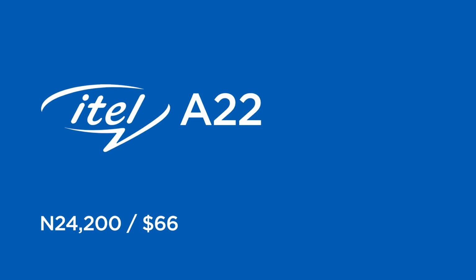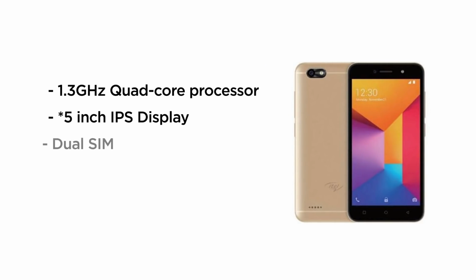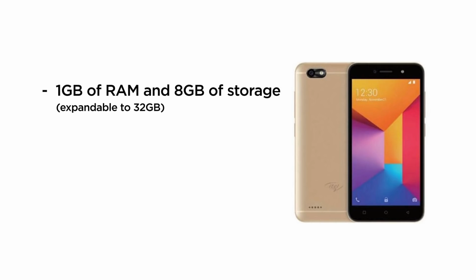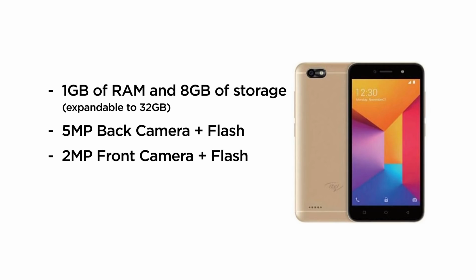At number 4, we've got the Airtel A22. This device was launched in August of 2018 and it costs 24,200 naira. It's a 1.3 GHz quad-core processor with a 5-inch IPS display. It's a dual SIM smartphone that runs on Android 8.1 Go edition like some of the previous phones. And it's got 1 GB of RAM and 8 GB of storage, which is also expandable to 32 GB. As far as cameras, it's got a 5 megapixel camera with flash on the back and a 2 megapixel camera up front with flash. As far as battery here, we've got a 2400 mAh battery